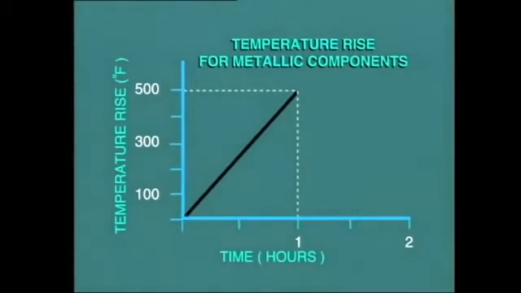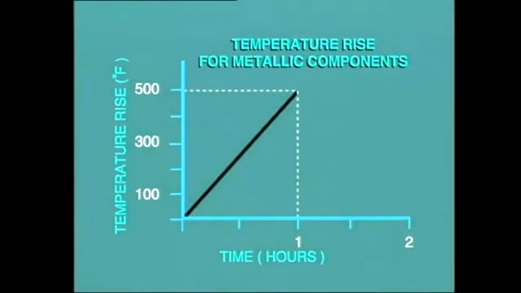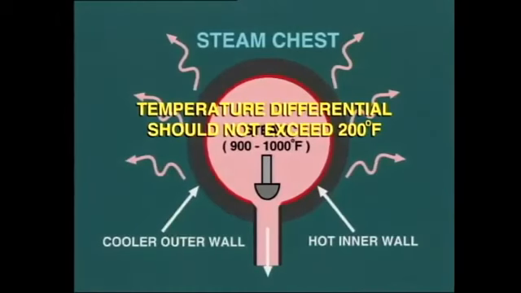One commonly used rule of thumb states that the temperature rise of metallic components should not be allowed to exceed 500 degrees Fahrenheit per hour, that is, 8 degrees Fahrenheit per minute. Another accepted limit states that the temperature differential across the walls of pipework, steam chest, and so on should not